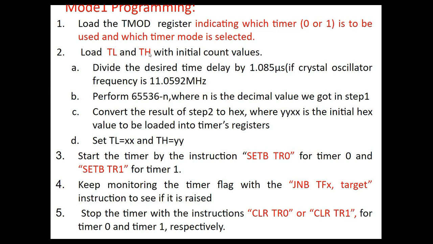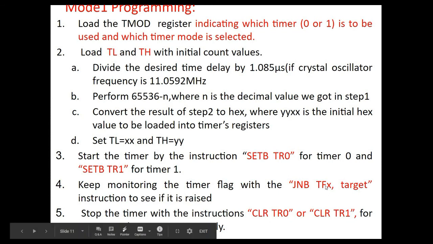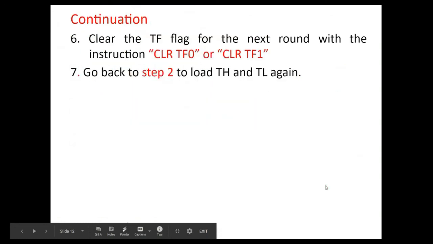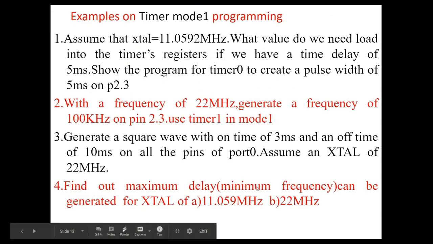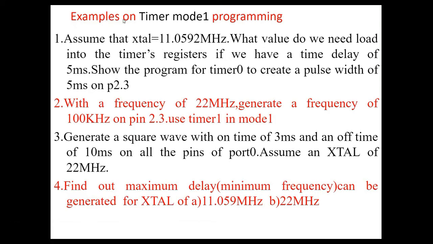Please remember that in mode 1 programming, each time the timer flag sets, we need to load the values into the TL and TH registers again. In the next video we will see a few examples of timer mode 1 programming, that is, to generate a pulse and to generate a